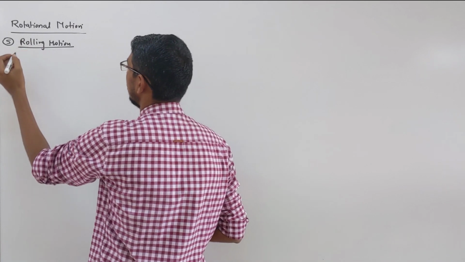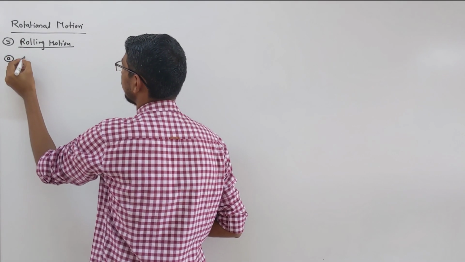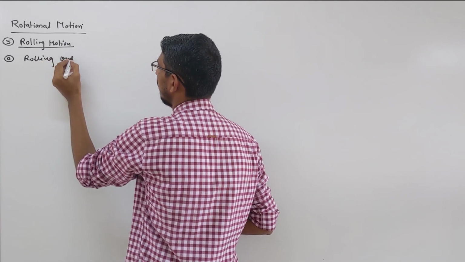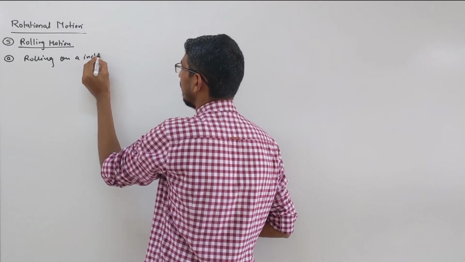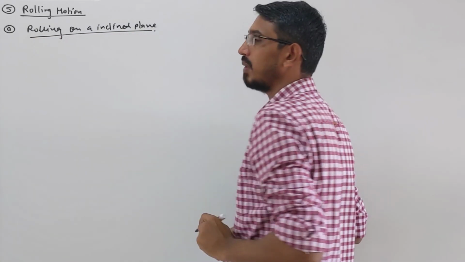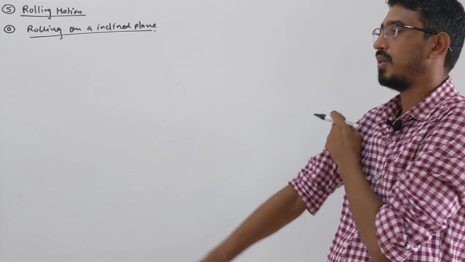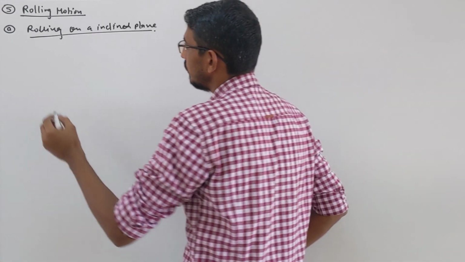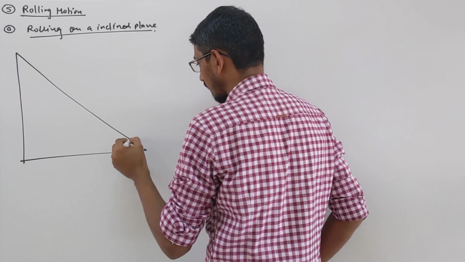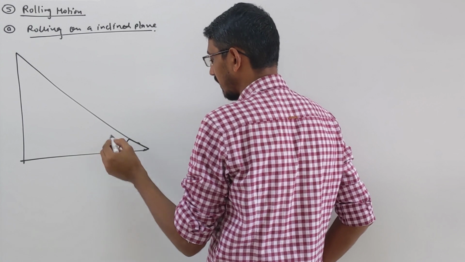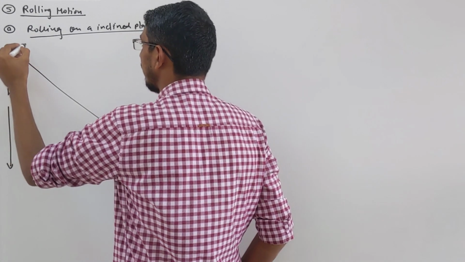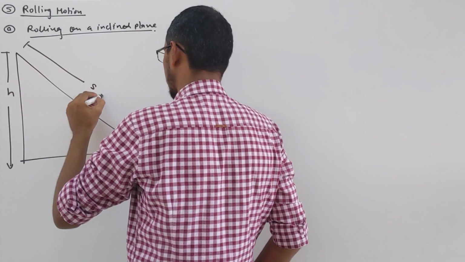So today's special topic that we are learning is rolling on an inclined plane. Nothing will be new here, keep in mind all questions remain the same as we learned in Newton's laws. So you have some inclined plane, and say this is the angle of inclination theta, that's the vertical height of this plane, and that is the inclined length, which you say s.